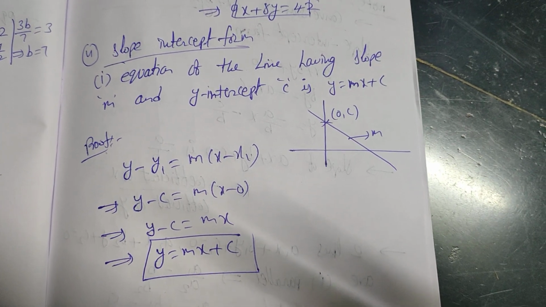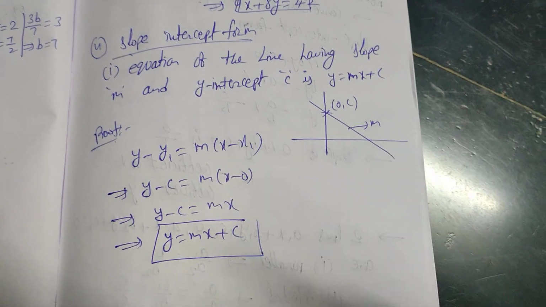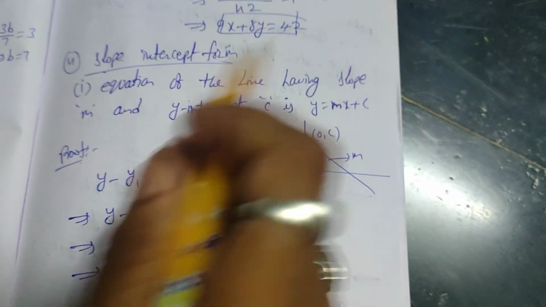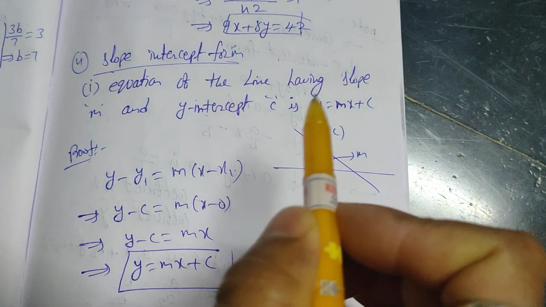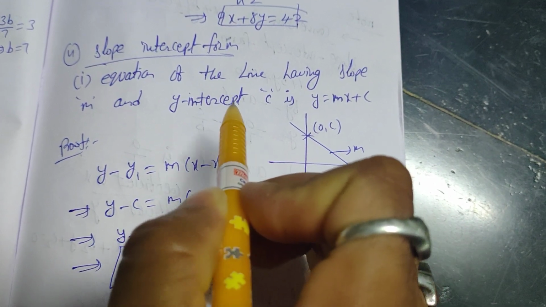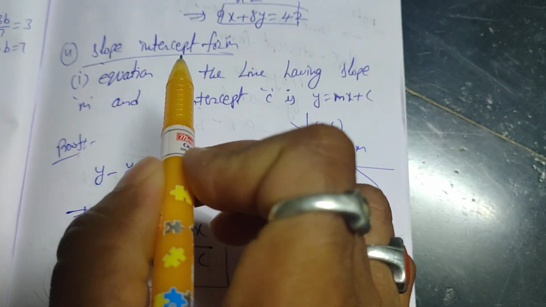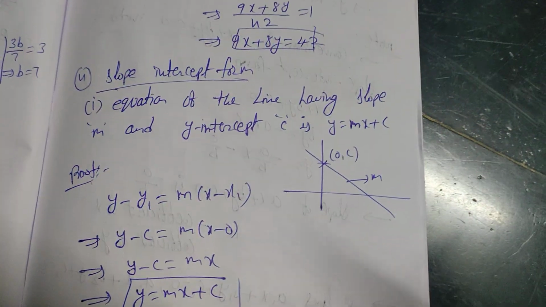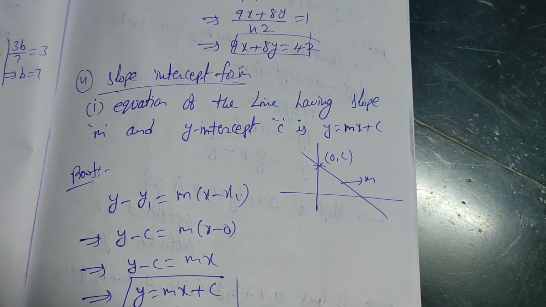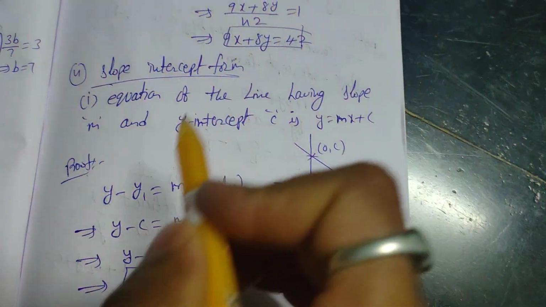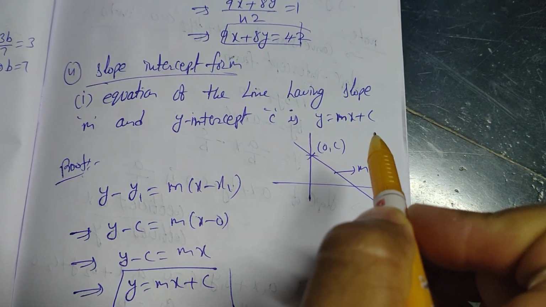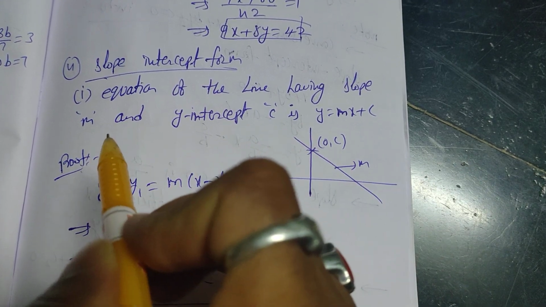Now our next form is slope intercept form. We can understand it here only. The equation of the line having slope m and y-intercept. If you know the slope and either the x-intercept or y-intercept, then you can give one form of the equation, that is y is equal to mx plus c, when the y-intercept is c and m is the slope of